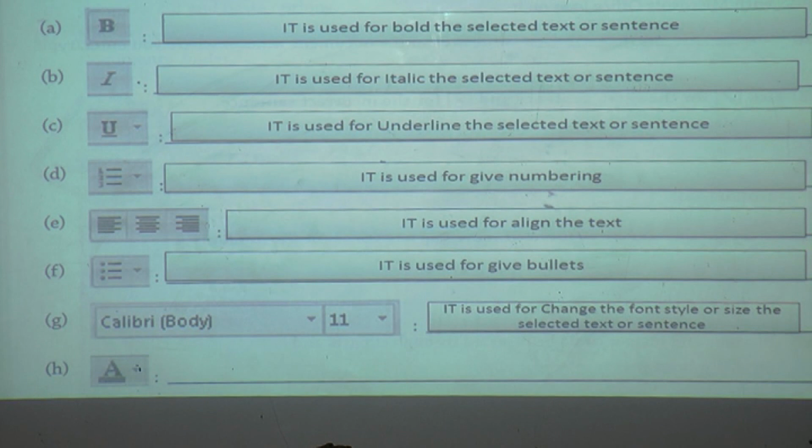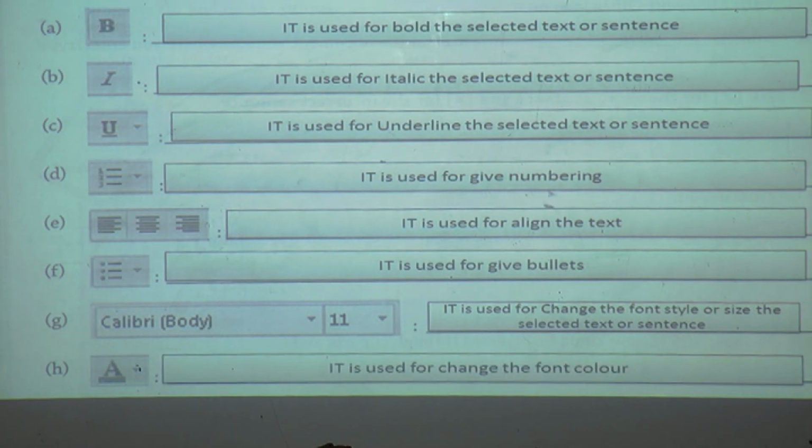Then we can say it is used for change the font style or size of the selected text or sentence. Next one and last one, what is it? A. Yes, everyone knows the use of this A. It is used for change the font color. Why are we using it? For changing the font color.